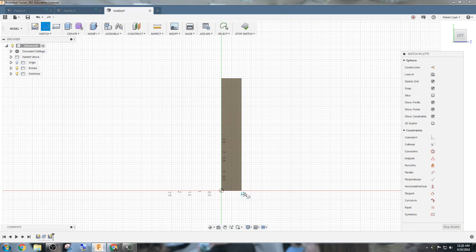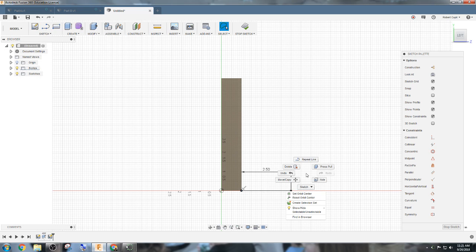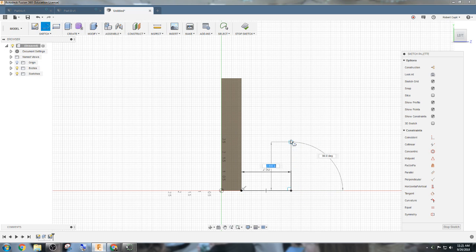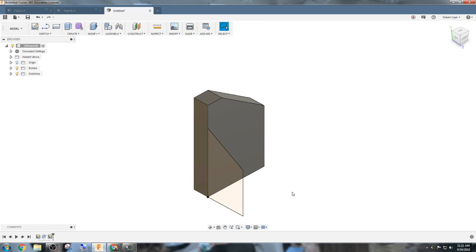So from this corner over, it goes 2.5. And that line goes up to the little first part there, which is 3 high. And then the overall one, again, I'm going to have to go backwards by design here, goes up 4.5. I can connect the dots. Now, I have this other little piece. All I got to do is extrude it,